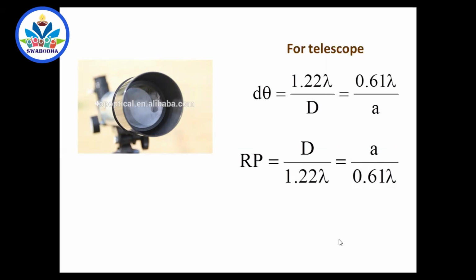Okay. So how to increase the resolving power of a telescope? Use a lens of larger and larger diameter. Increase the aperture of the lens. So try to use your lens as large as possible. That is quite clear, because if you want to see the clear image of an object which is emitting light from a very distant place, receive as much light as possible. So resolving power of a telescope can be increased by increasing the size of the objective, the diameter of the objective.